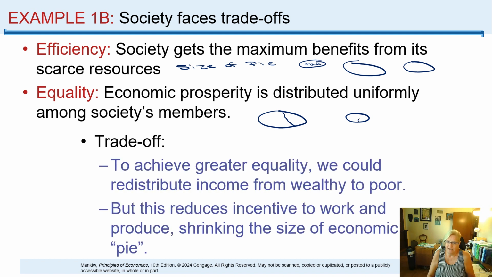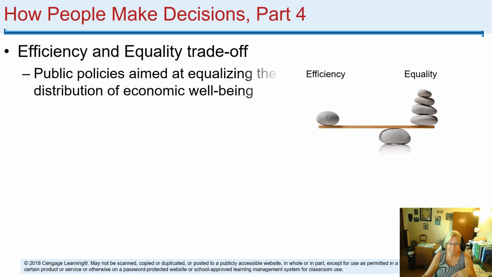Or is it divided very equally amongst all groups? So when we look at this, we could say, okay, there are some trade-offs that we can see here. In it, for example, reducing incentives to work and shrinking the economic pie. But if we have more people that are economically viable, we all could have a better standard of living. But when we say all, is that really absolutely true, that all parties are affected to the same extent?